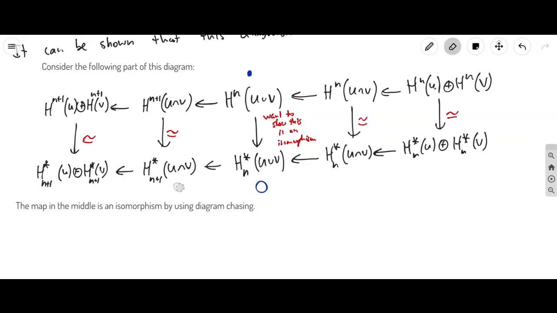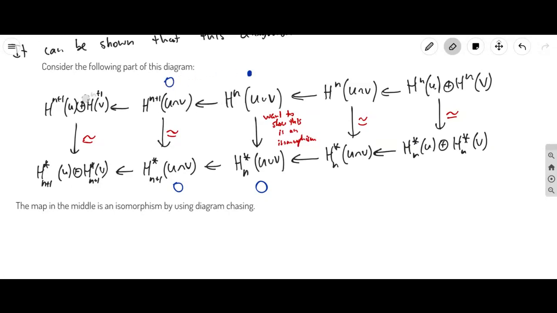0 has to go to 0. We have an isomorphism over here. So the only element in this vector space that goes to the 0 vector is 0 itself. But now look at this. We have an element that gets mapped to 0. Well, if this vector gets mapped to 0, it means it is in the kernel of